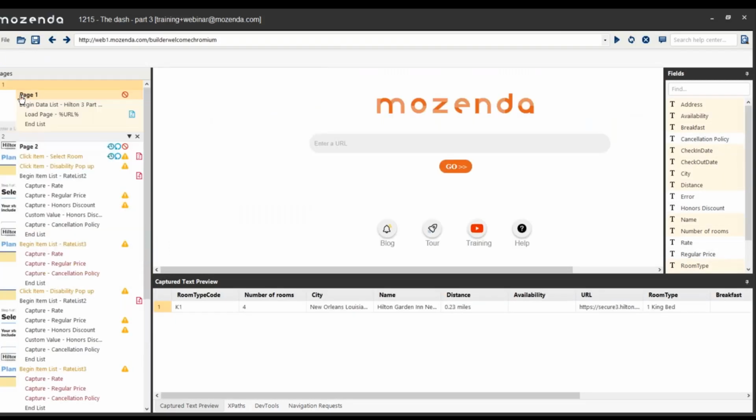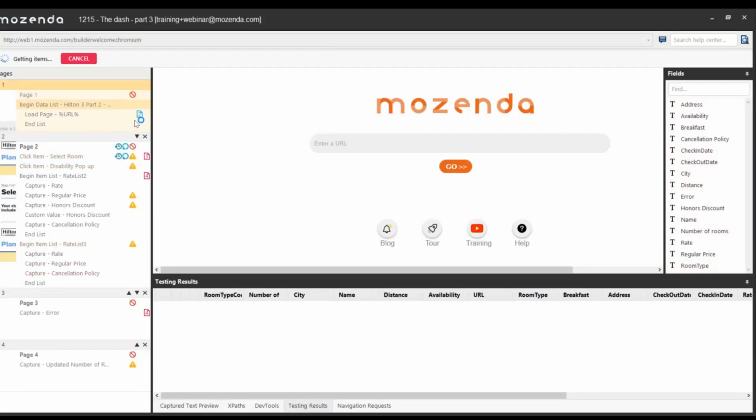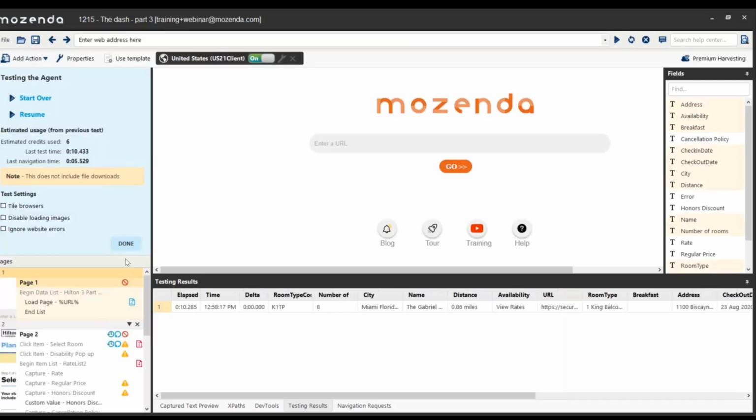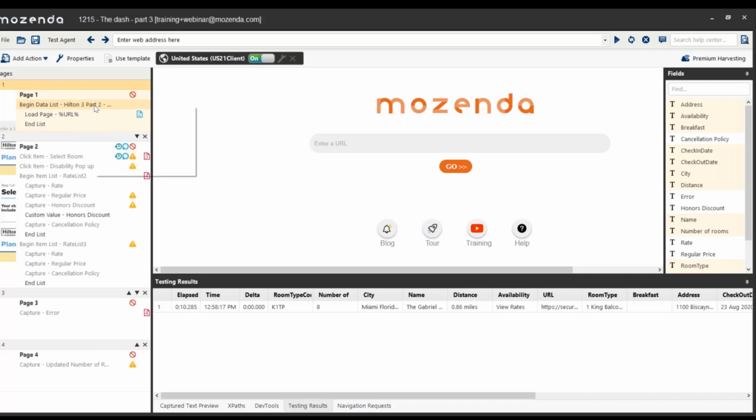So I'm going to click Test My Agent, Start. I didn't enter a parameter because I didn't have that index as a parameter in my begin data list. So we're going to see what this looks like normal. This would be awful, so let's stop it and add that in. It will still be applied if we just add index, right? Yeah, just add the index parameter to the begin data list. Yep. So we're going to Properties,